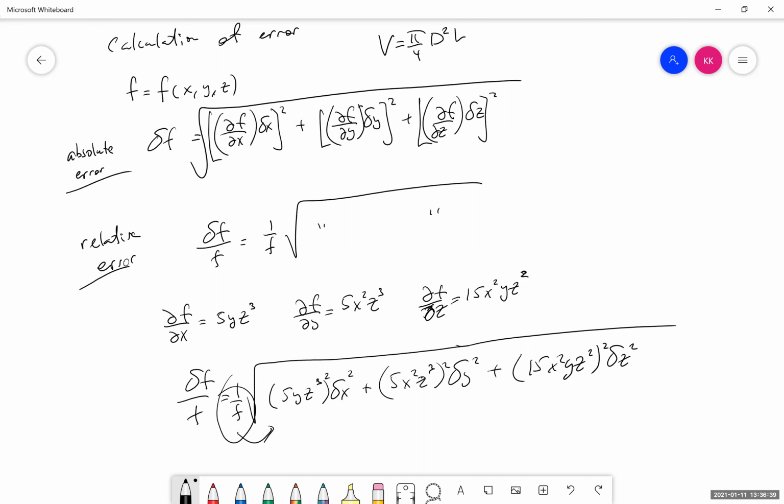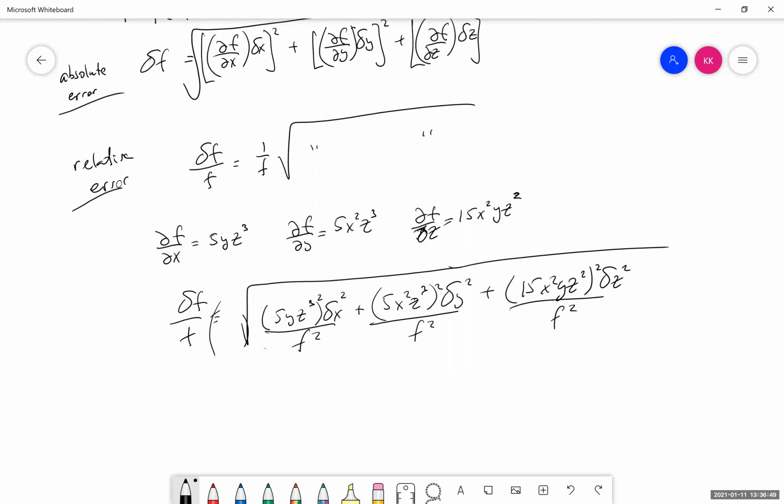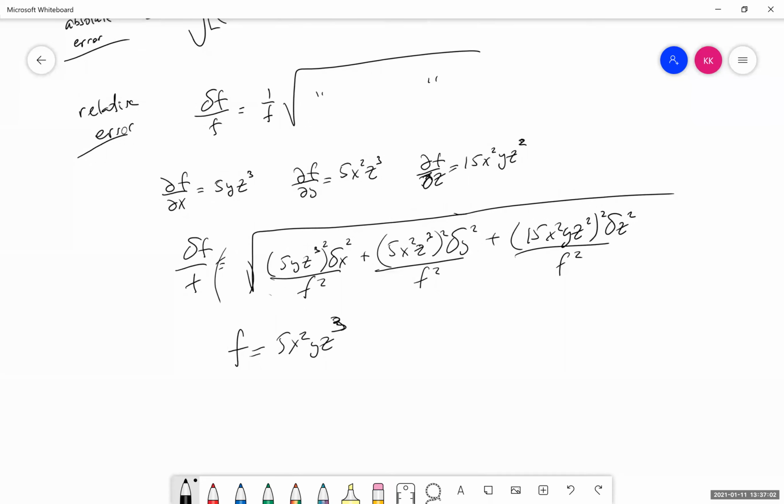If I put it inside, it's going to be 1 over f squared, 1 over f squared, 1 over f squared. And remember, the f itself was nothing but 5x squared y z cubed, so I can incorporate all of them into this and then find the calculation. If I substitute for f squared and cancel everything that can be canceled out, we get this equation,